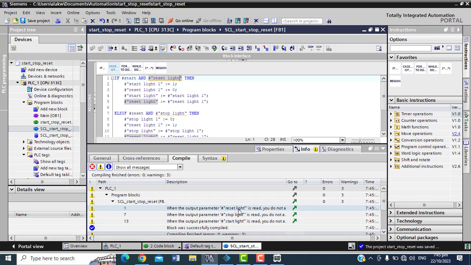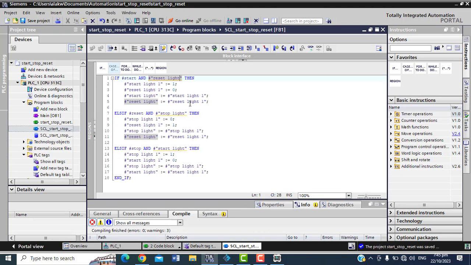Instead, when the output parameter reset is read, you do not assess the operand that was transferred as actual parameter, but rather only the formal parameter. Okay, let's see this grammar, it's too long. But let's see if this one is now the output parameter they reach.